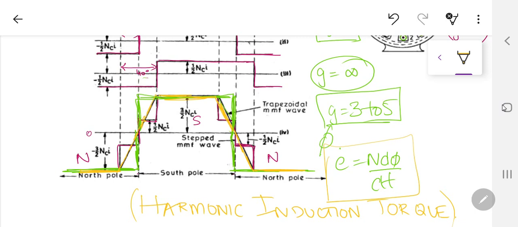Now in the next part of this video, I am going to tell you that because of these harmonics, which I just proved are present because of the space harmonics, they are going to be producing some harmonic induction torques, because of the stator harmonics and the rotor harmonics. And why are the rotor harmonics present? Because the MMF inside the space or the air gap actually is composed of all sorts of harmonics, the third, the fifth, the seventh, ninth and all that. And in the next lecture we will also prove why triplen harmonics, or the third or multiples of 3, are not present. We will talk about that one also.